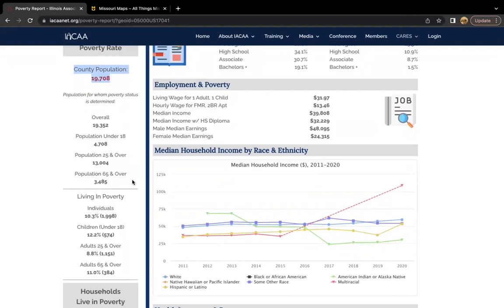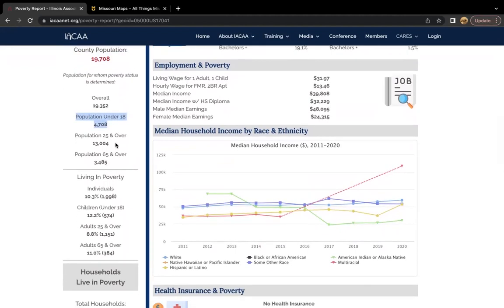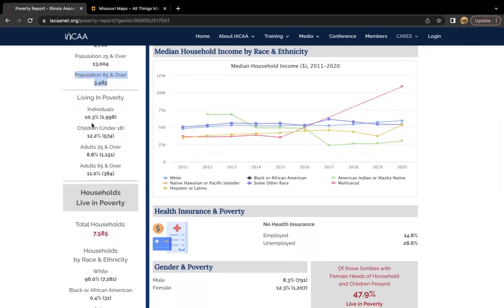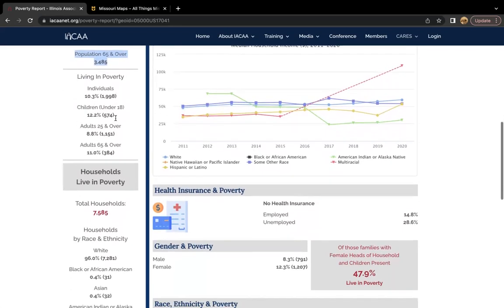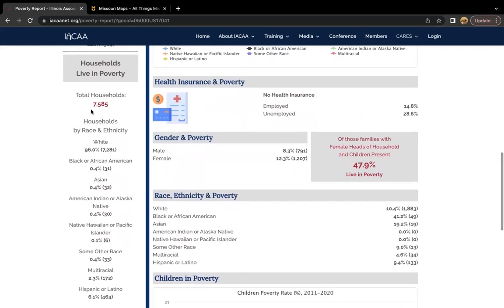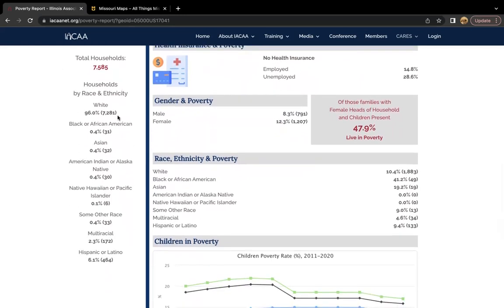And then we're going to break that population out into population under 18, 25 and over, 65 and over, and so on. And then you're going to get information on the population living in poverty. You're going to get a percent and a total. Then you're going to have information on total households in poverty within that selected area. In addition to that total, these numbers are going to be broken down by race and ethnicity.